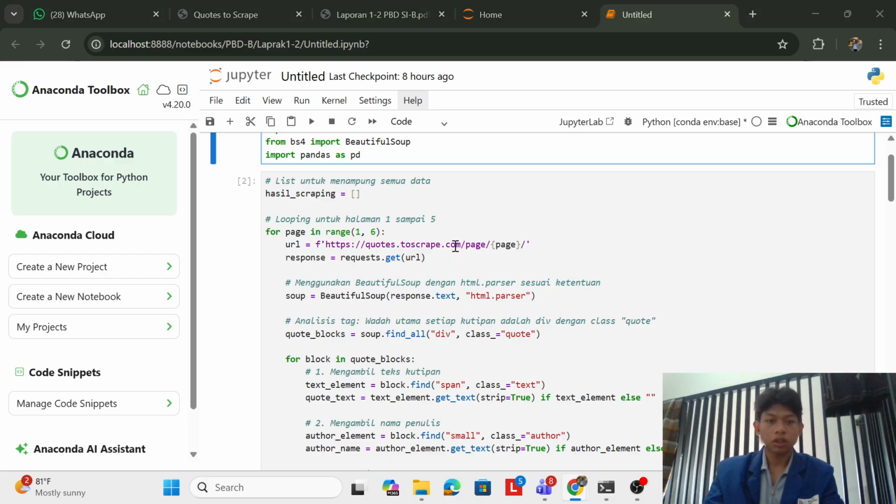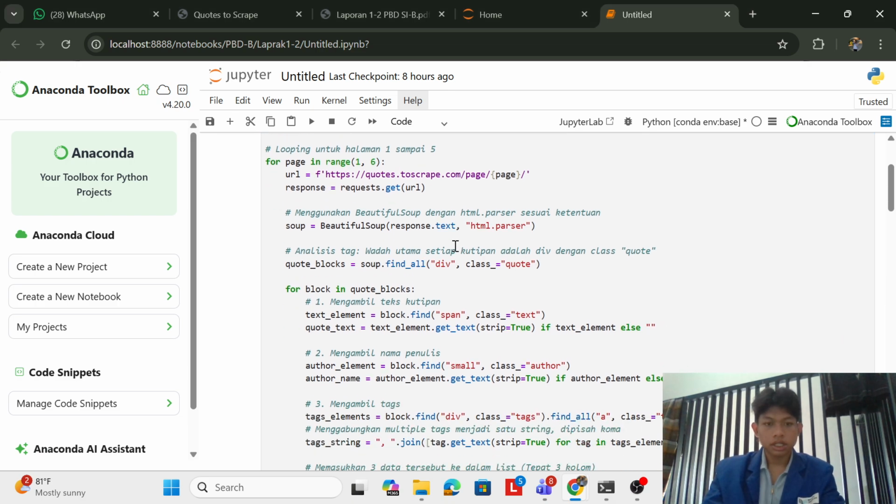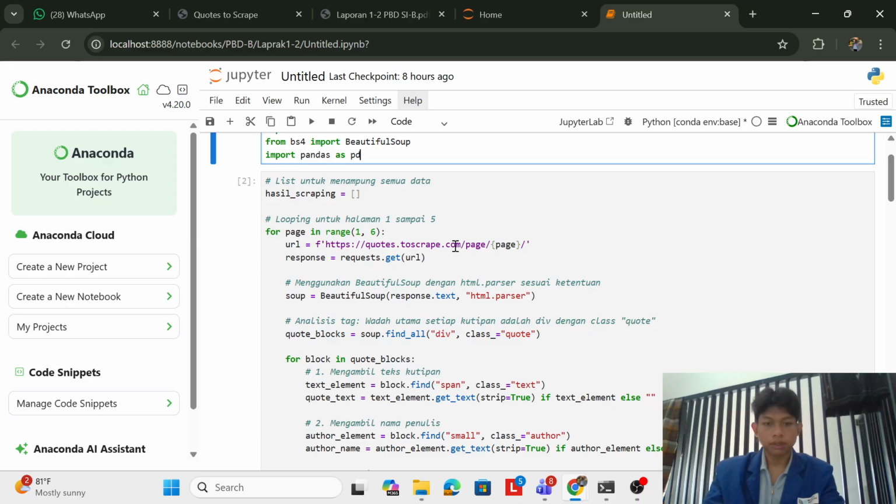This loops through pages 1 to 5, and soup equals BeautifulSoup(response.text, 'html.parser') to parse the HTML content using BeautifulSoup with the standard HTML parser, and quote_blocks equals soup.find_all. It's HTML tag analysis. The main container for each quote is a div with the class quote.